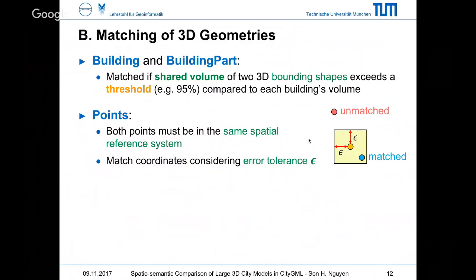For points, we have to bring these 2 points into the same spatial reference system. And then we match the coordinates considering the error tolerance, epsilon. Here on the right-hand side, for example, the blue point is matched to the yellow point because it's located in the neighborhood of the yellow point. On the other hand, this red point is not matched to the yellow point because it's located too far away